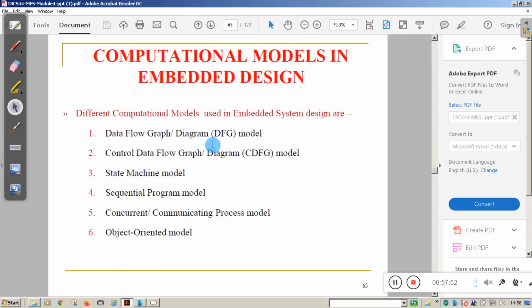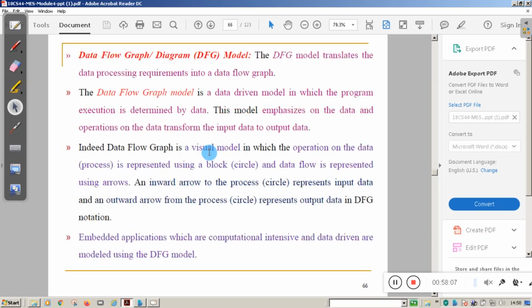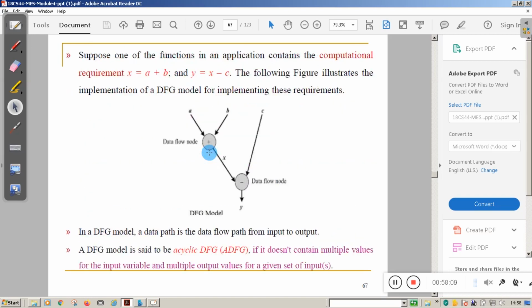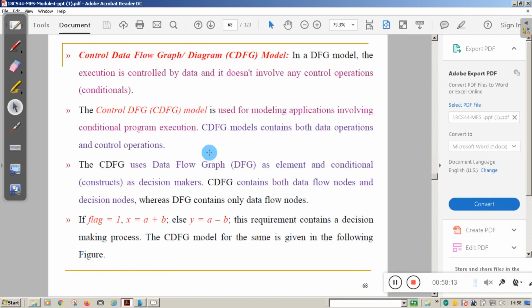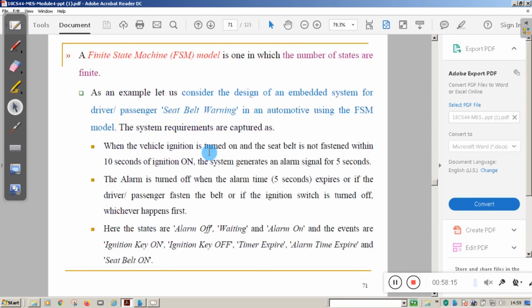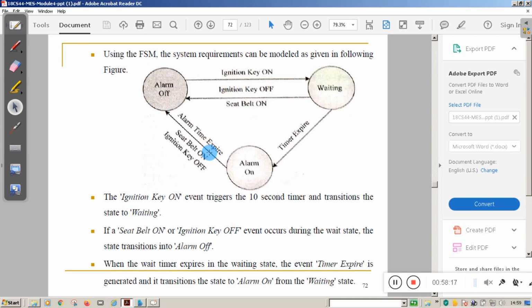Then we studied different types of design models like the data flow graph, control data flow graph, state machine model, sequential programming model, concurrent communicating model, and object oriented model. Then we studied finite state machines.